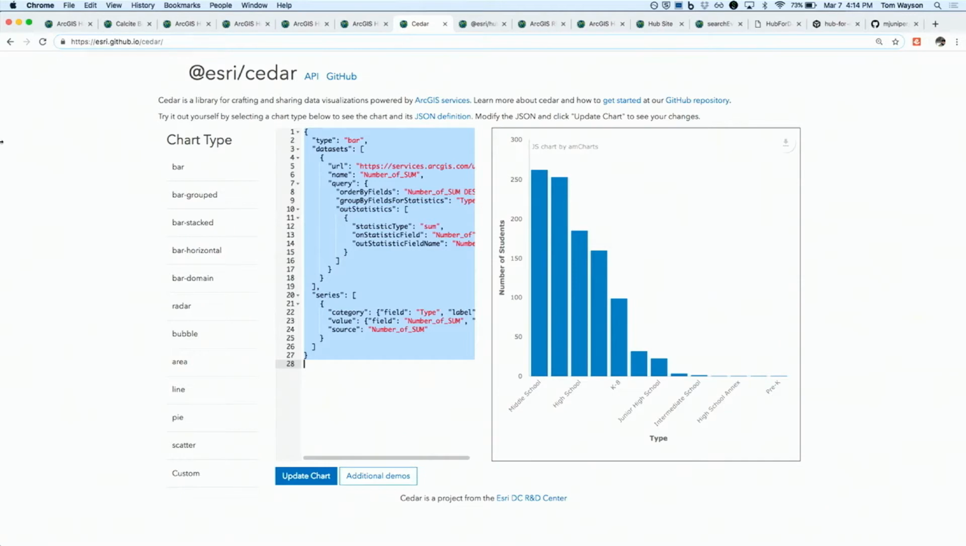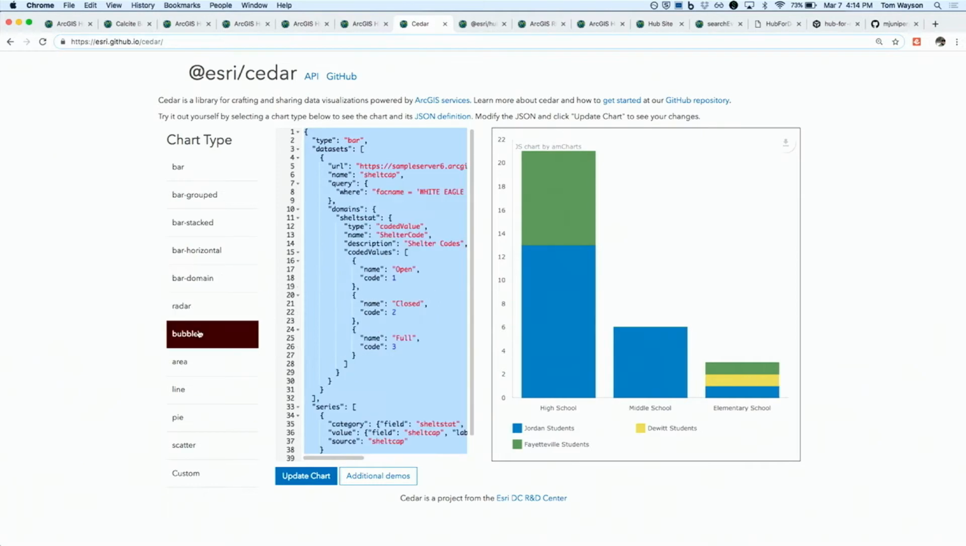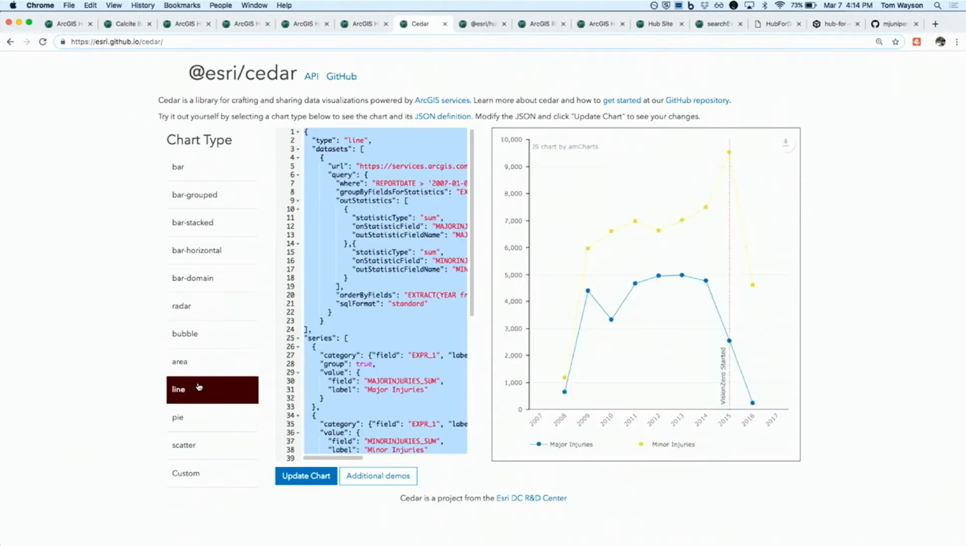If you go out to the Cedar documentation, you can find out a lot more about Cedar, how you can use it to build different types of charts, group bar charts, line charts, area charts, all sorts of things like that. So essentially, if you can get a chart working in this Cedar environment, you can just copy and paste the JSON,